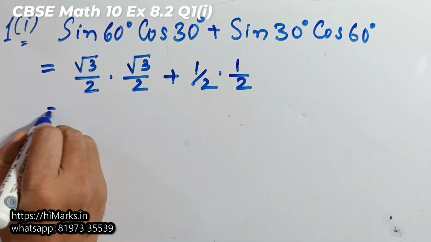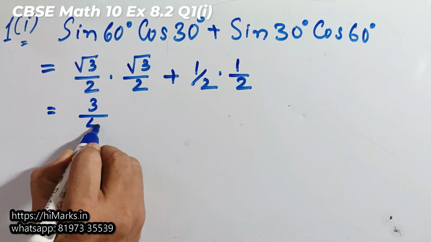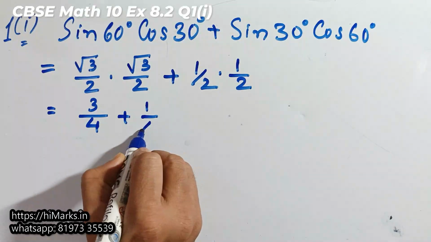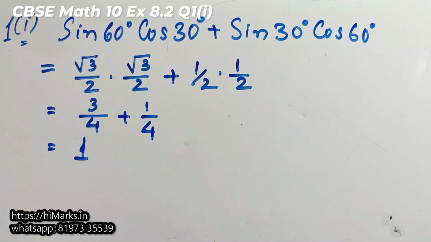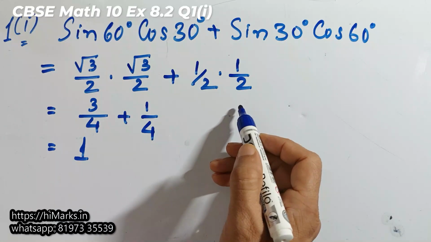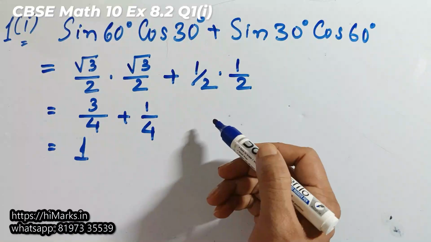So with this, root 3 into root 3 gives 3 and 2 into 2 gives 4. So 3 by 4 and 1 by 4. So the value is 1. So when we are putting these values, I'll say that there are many tricks to remember those